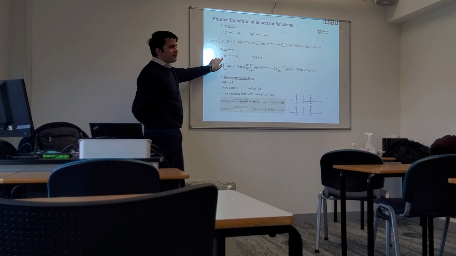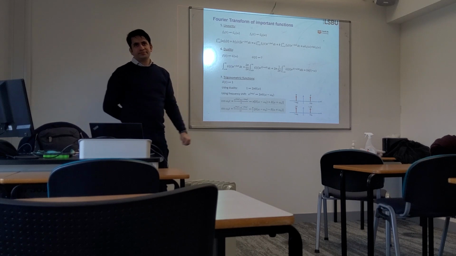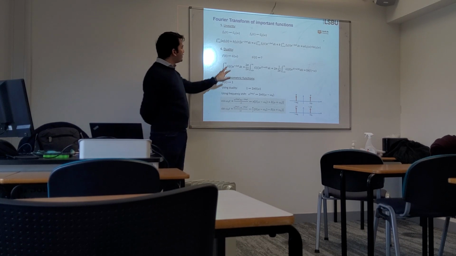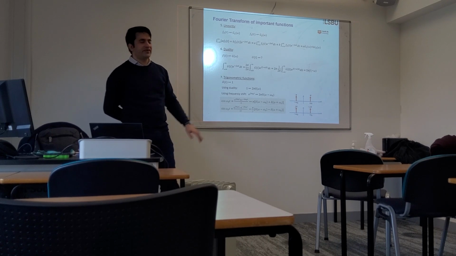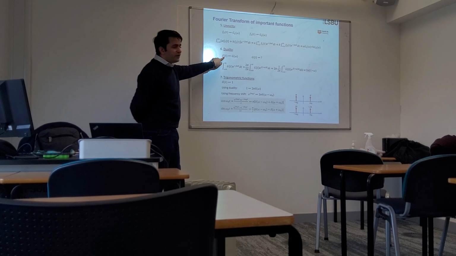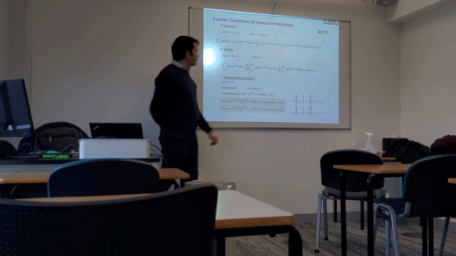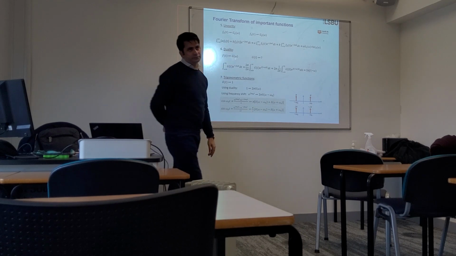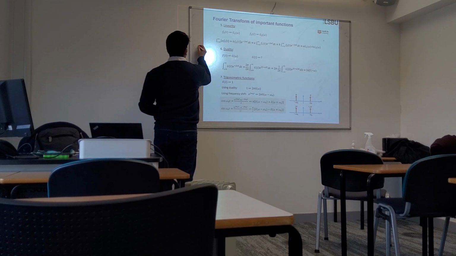So if, for example, you have a function f of t and it gives you g of omega, duality means that if I simply replace the independent variable, for example, t with omega, what would happen? For f of t, I knew the Fourier transform is g of omega. So what would happen if I say, what is g of t? So it means that if I was having a function